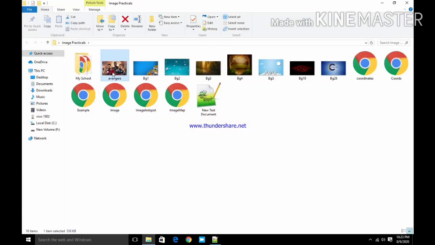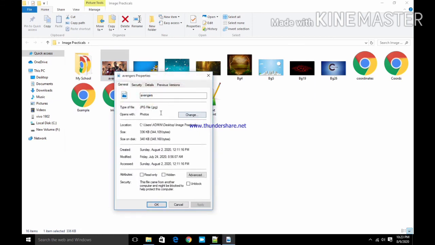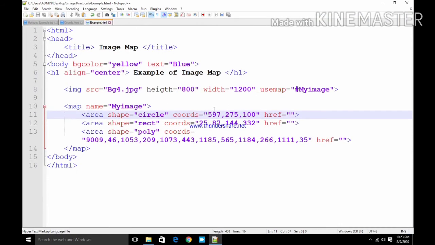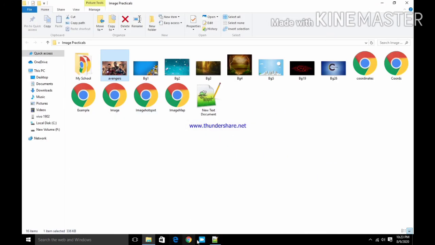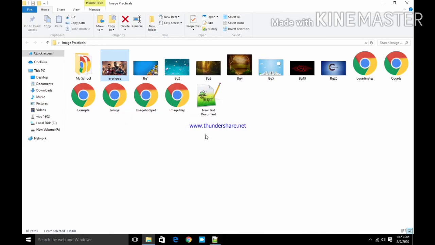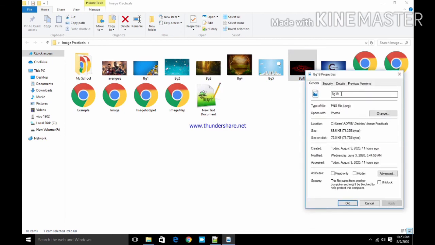So let us see. Suppose for the circle I want to put this image. Its extension is .jpg. So I'll write here Avengers.jpg. Okay. Second, suppose I want to put this image, then let's see its property. It is bg19 and its extension is .png.